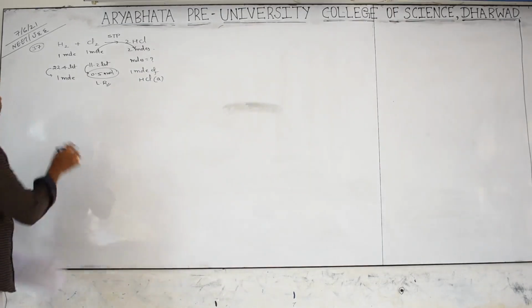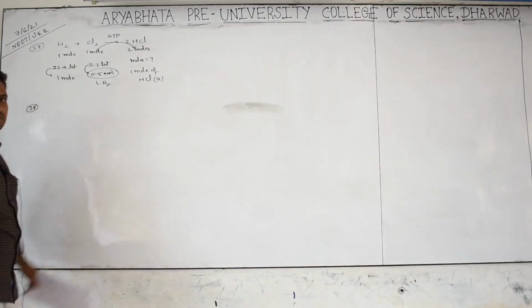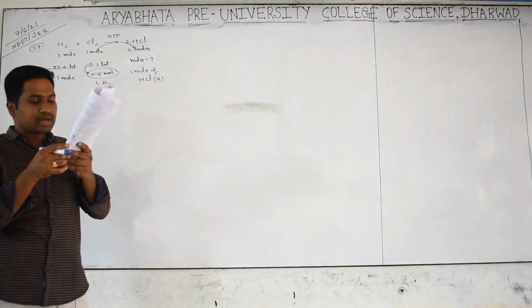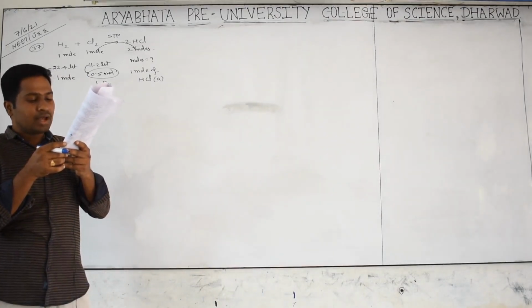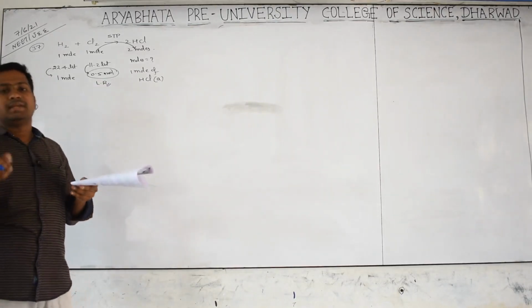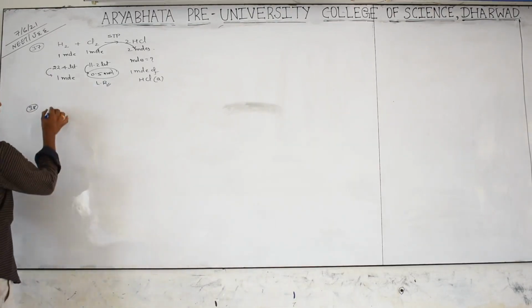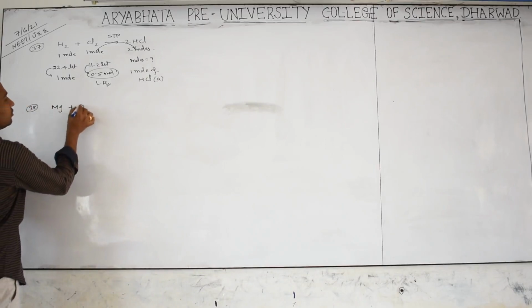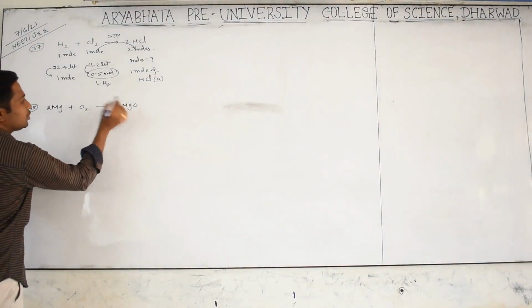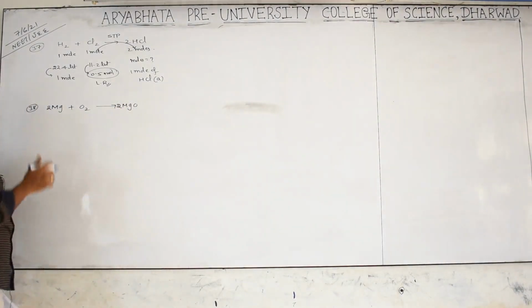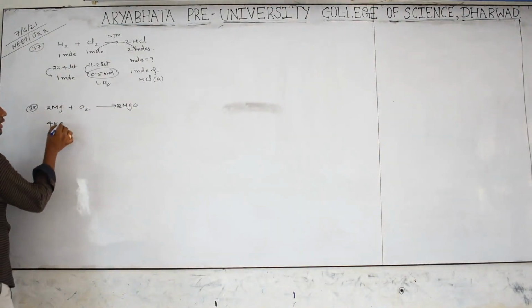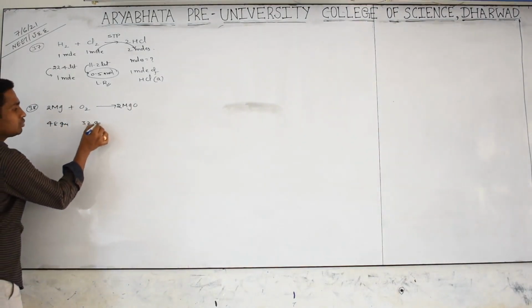Yes. Come for 38, everyone. See carefully, read the question. 1 gram of magnesium is burnt with 0.56 grams of oxygen in a closed container. Which reactant is left in excess and how much? What is the excess reagent, and how much is remaining, is asked. Magnesium burns with oxygen, we are getting magnesium oxide. Take 2 moles here and 2 moles here. First take the quantity: 2 moles of magnesium means 48 grams, combining with 32 grams.